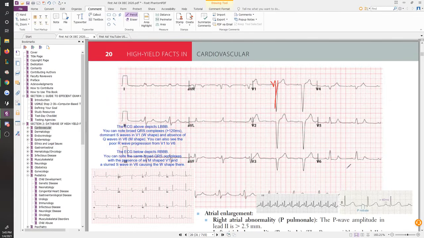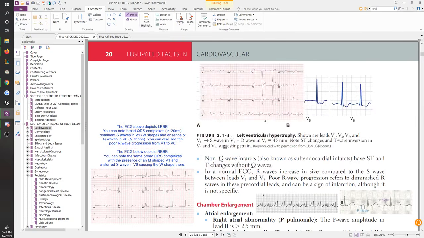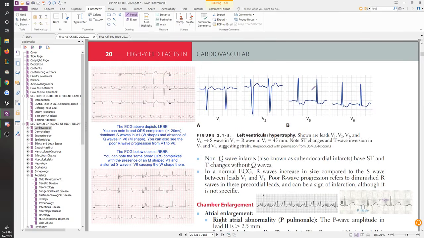And coming back to V6, it's definitely possible that there might be some kind of M activity here that just isn't very visible. But that's what's going to happen on your exam. You're not going to have W's and M's that are extremely clear to catch. There are other things to look for as well, but as far as our bundle branch block stuff we're looking for, it's not going to be that clear. Take a look at this next one as well.